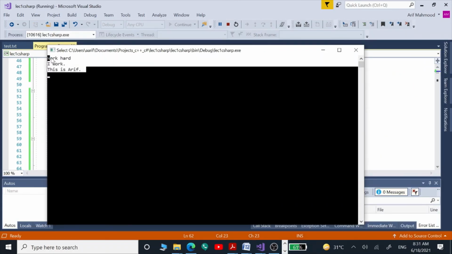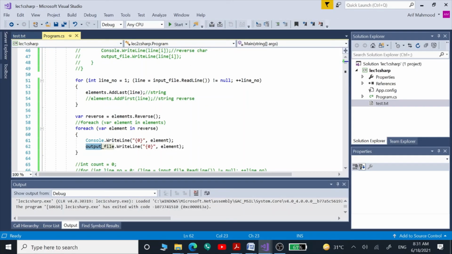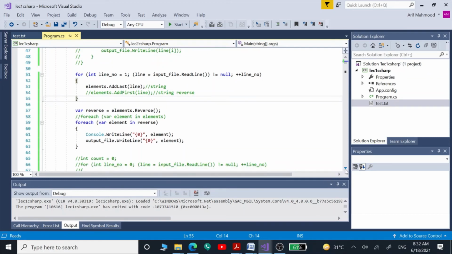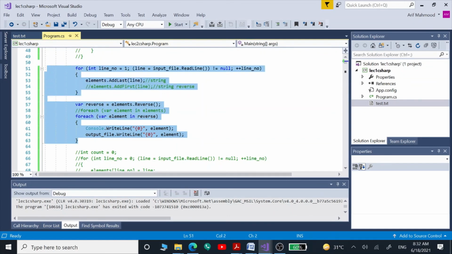So we see now everything got reversed using this reverse function on our linked list after we store those. So this is the way we can reverse a linked list in the case of C#. There were two ways.